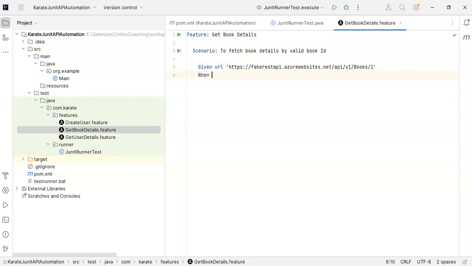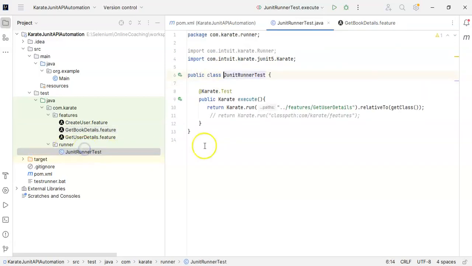Then I have to write When method, and here I have to use get, then Then status 200. Okay, so what I can do here is I'll go to the JUnit runner test and I'll just